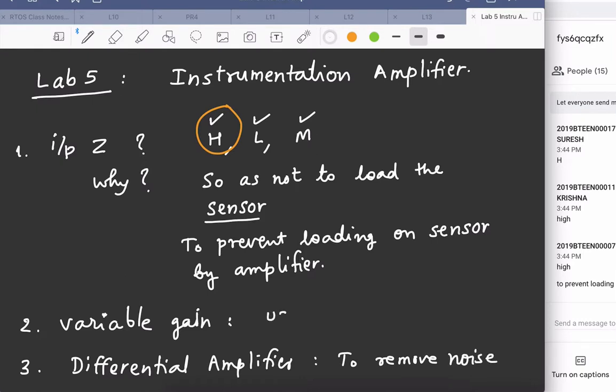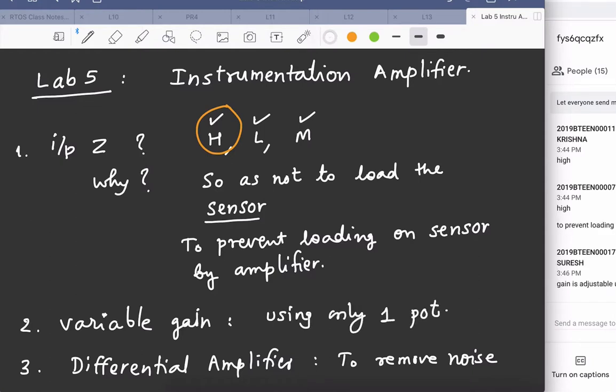Variable gain using only one potentiometer. Right, great. So everybody has to some extent understood. We will go to the simulation.